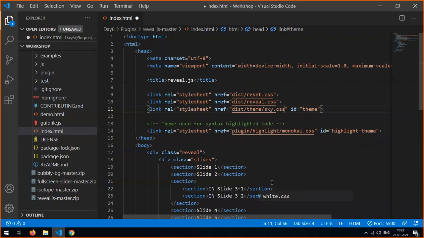You just change the theme name, theme CSS, save it, then you will have a different kind of theme to your slide. Now theme only contains a background, some font sizes and font colors. Okay, theme contains that thing